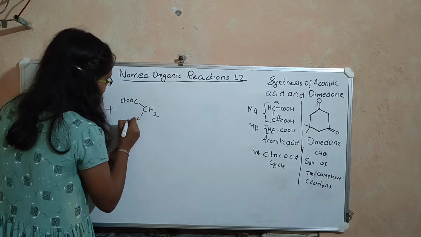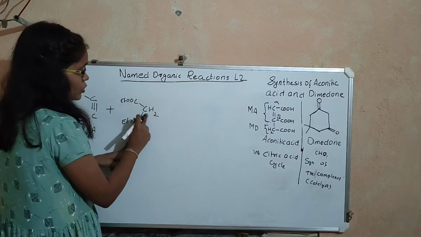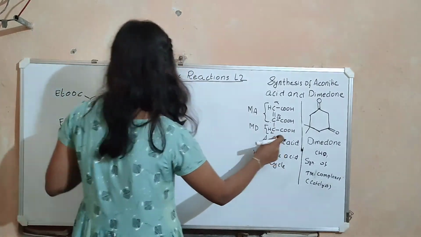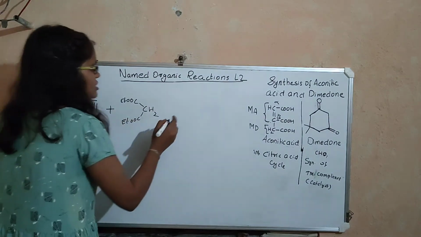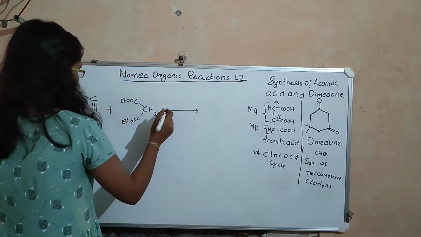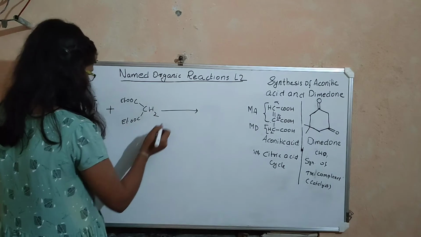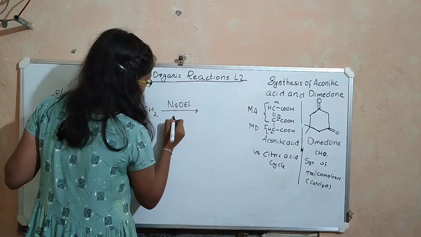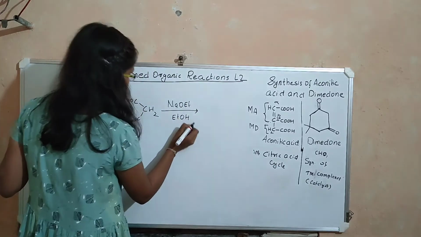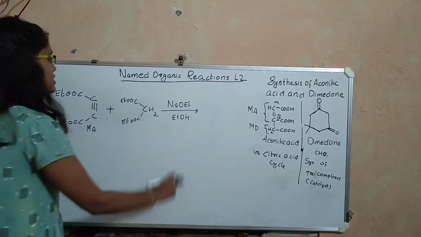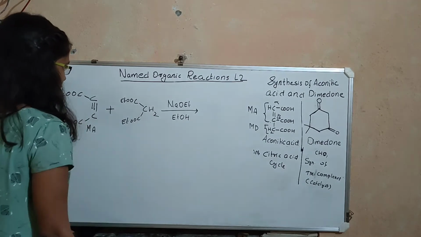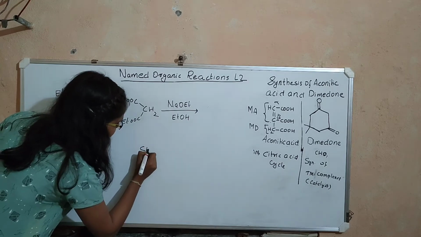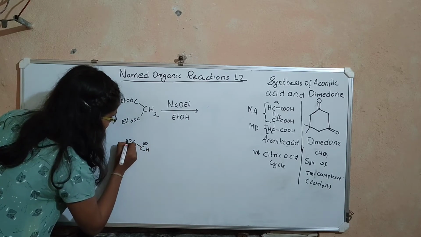There should be two withdrawing groups on the Michael donor, only then this proton will become acidic. In the product, we have only one COOH. Let us see how they removed the other COOH further. Okay. So we have base. Let us take sodium ethoxide and let the solvent be ethanol. So this base will abstract a proton from here, right? So this becomes CH minus COOEt,